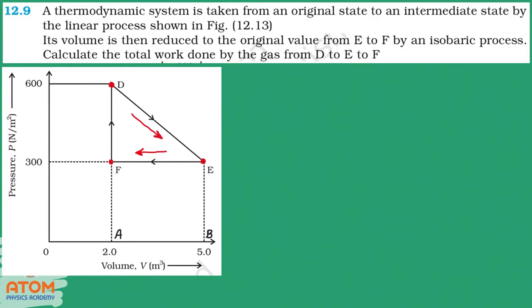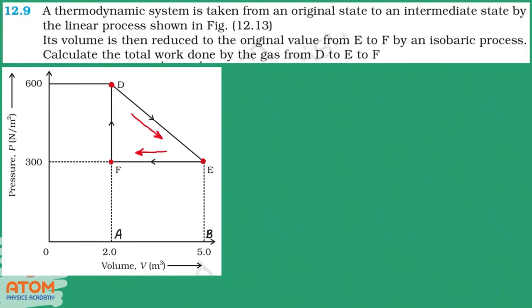Now, before we go forward, we have to understand one thing, that we can find out work from the graph of pressure versus volume. How? Let us see. Look, this is a pressure versus volume graph itself, right? Now, the area below the line of the process gives the work. I repeat, the area below the line of the process gives the work.